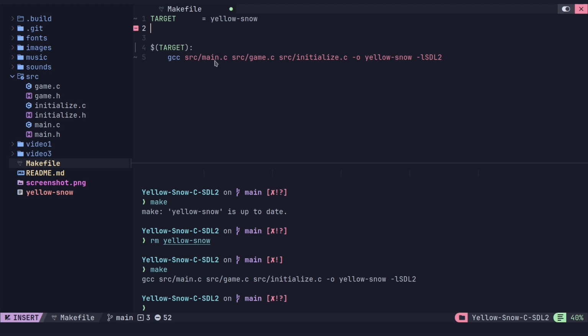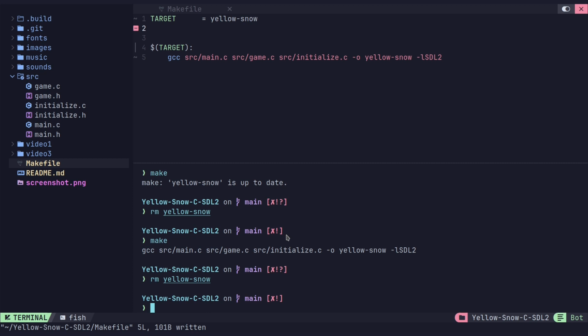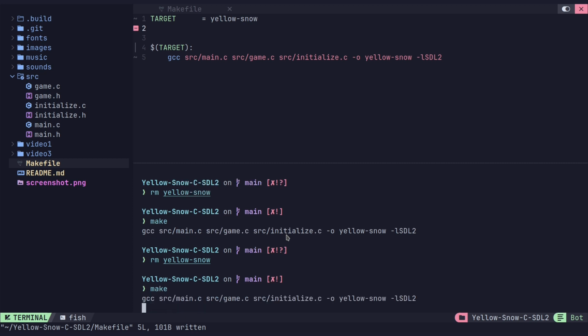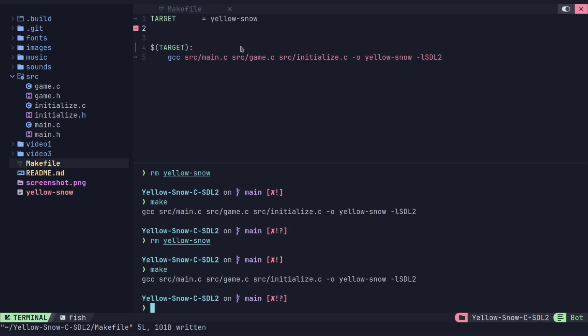So we've set a variable now, and we have our target. Let's see if that works. I'm gonna delete it again. And it still works. Okay. So that's pretty cool. But what about